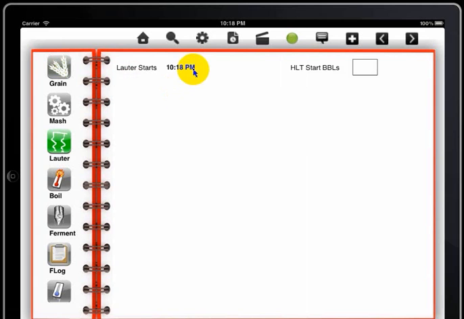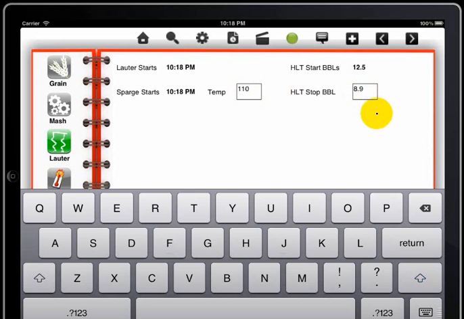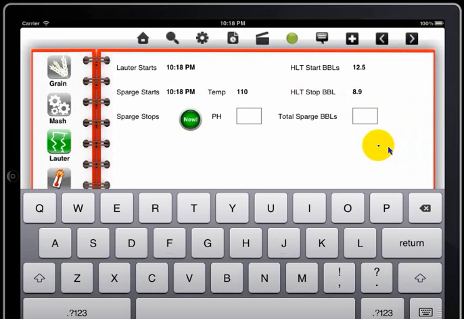Again, capture the time at lauter started, the HLT barrels, the start time and temperature, and the barrels when you stop the sparge. And the pH, so indicate the time, capture the pH,